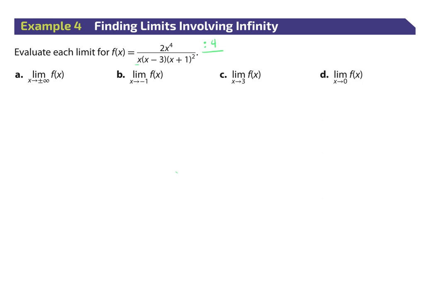I have an x here. I have an x here. How many x's do I have here? 2. So if I multiply those, I'm going to have x to the 1, 2, 3, 4, right? So